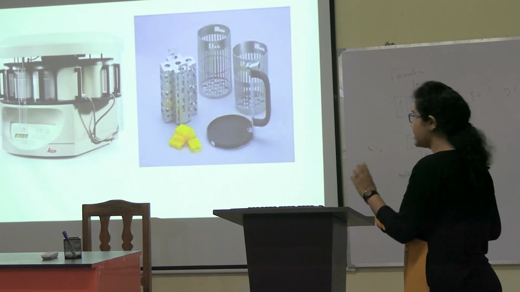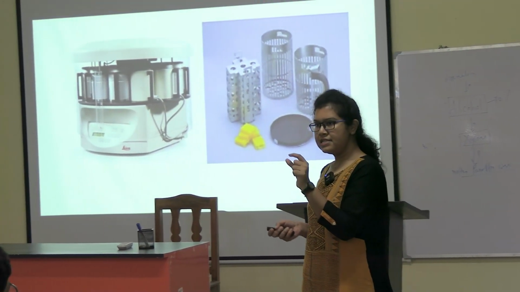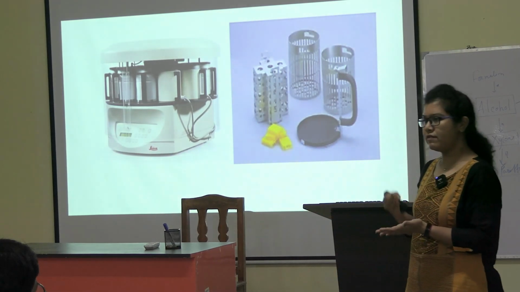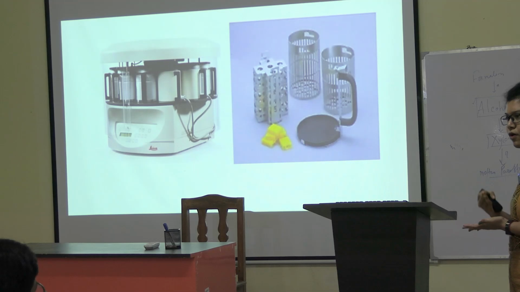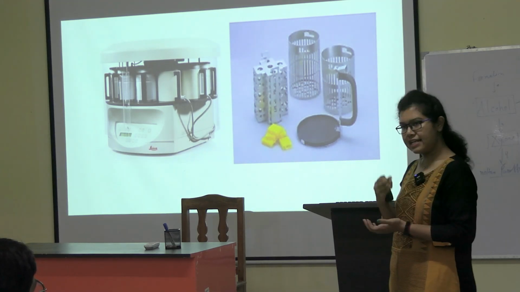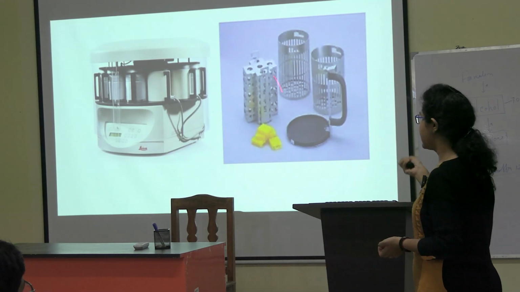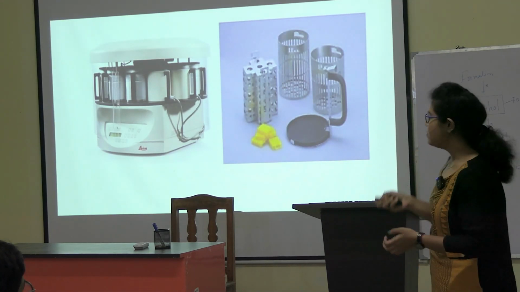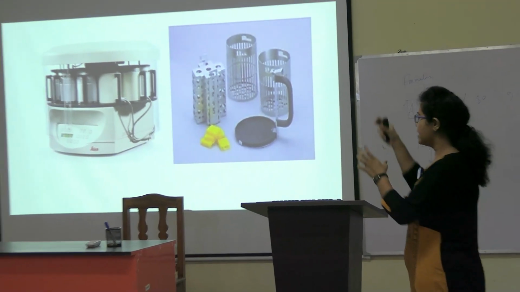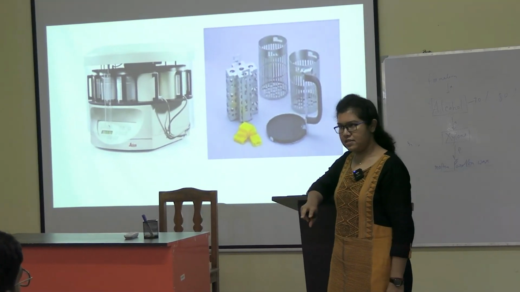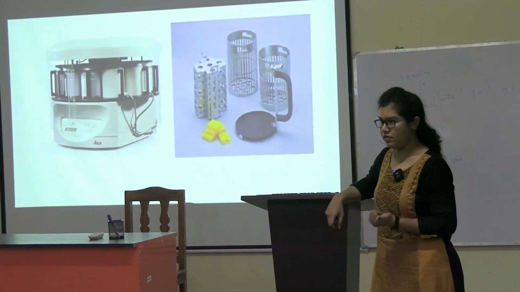In these cassettes, we have to put the tissue, okay? We are getting the sample from the OT. So we have to cut that tissue into small bits. Then we have to put it inside that cassette. Then these cassettes are put inside these jars. We can fill this jar with like 20-30 cassettes, and we can put it inside the tissue processor. So now what is happening inside the tissue processor, okay?